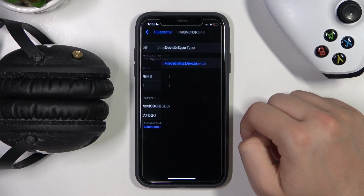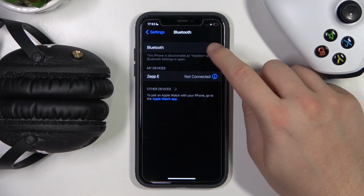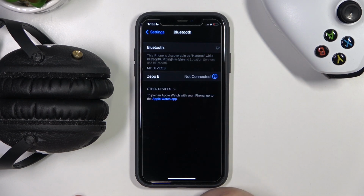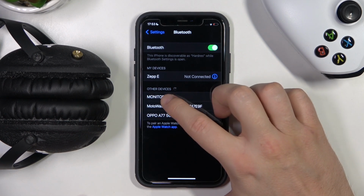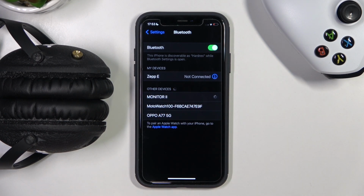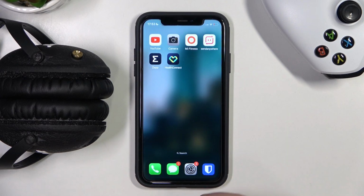I'm gonna remove my previous connection, and on the other devices, after a few moments, we will find our Marshall headphones. Select them from the list. We are successfully connected, and if you want to unlock more features, like for example use the sound equalizer, or